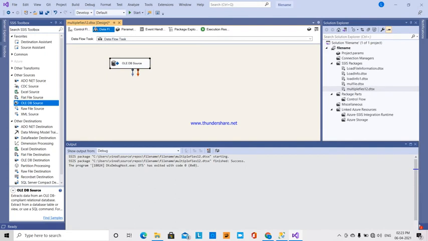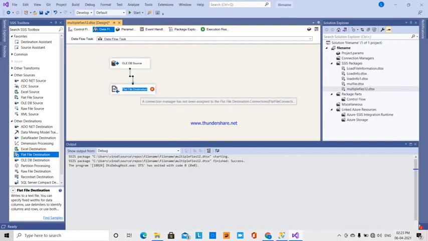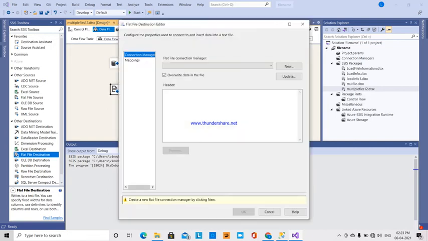So okay, OLEDB source, and our destination is a flat file destination. So again I am going to connect these two and double click over flat file.